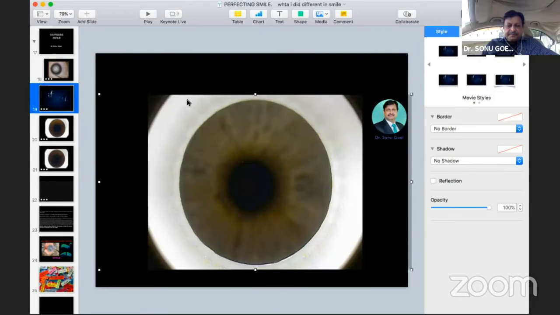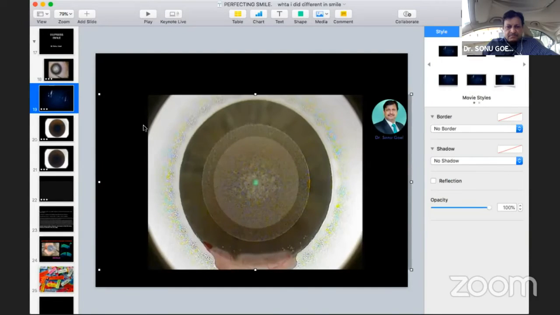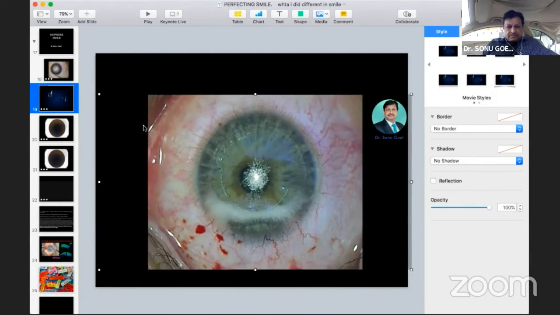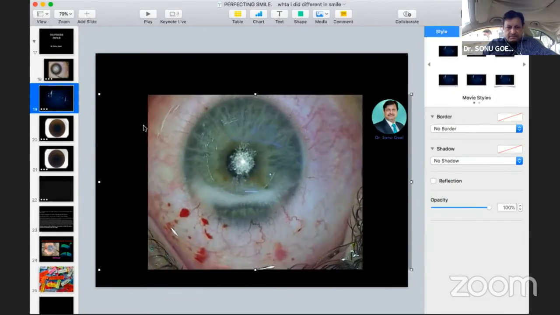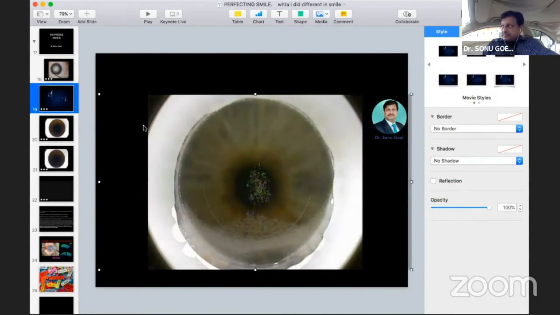We present an interesting case of the smile, and if you see carefully, the lenticule cut is being done. The moment the side cut starts, you see something creeping superiorly, and this is the conjunctiva bloating. I'm very careful, and the moment I feel the vacuum might lose, I release the foot pedal, and I release the vacuum. See under the microscope, it is 98% cap cut. So I try to redock on the patient, and this is how the redocking is done.